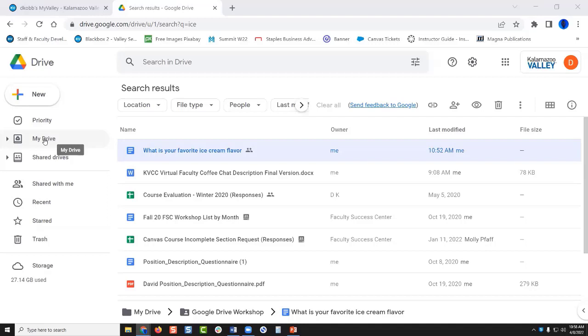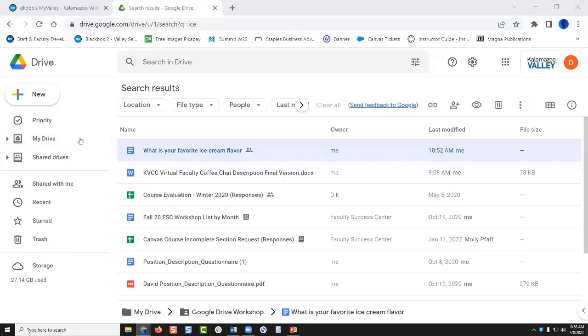And then, like I said, there have been some rumblings about the possibility of the O drive going away. As I said, I have absolutely no idea if that is ever going to happen, but I have heard some rumblings. And if it does happen, when it will happen, it could be 10 years from now for all I know. But rest assured that if the O drive does go away, IT will give you plenty of time to make your transition to the Google Drive or whatever the replacement might be.